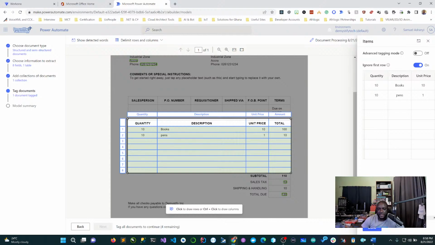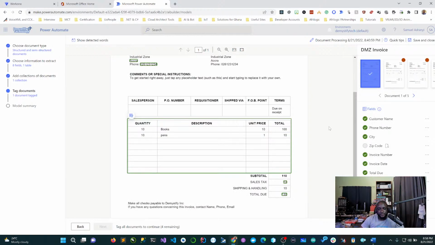So now take a look at this. It's seeing my 1010 books 10 right here at the top. So I'll click on done. Now it's done that for this document. Now, I need to tag the remaining 4 documents as well because we're trying to train it. Assuming your documents were different, it will tell it that there's a variance in the document. So it's good to process all the